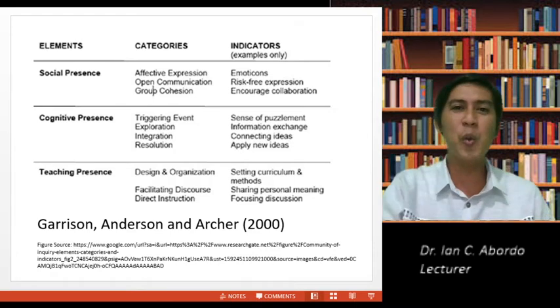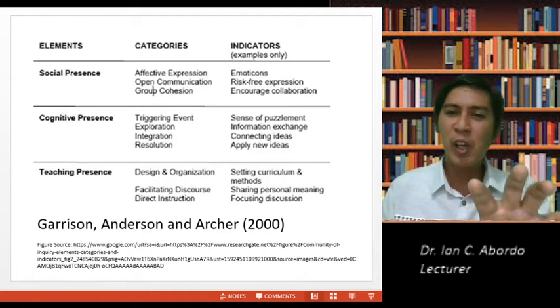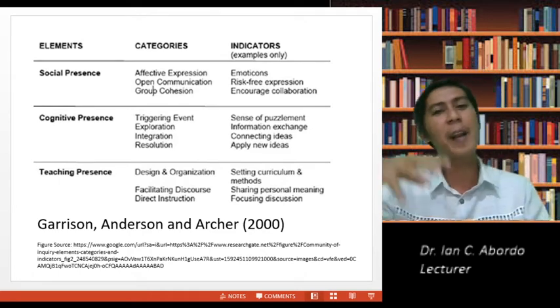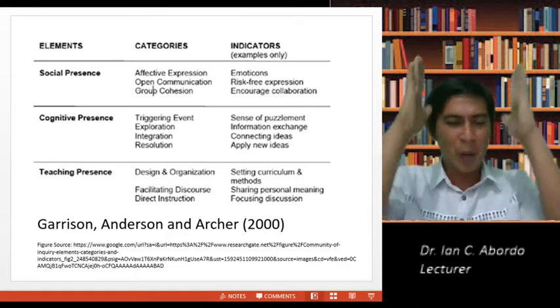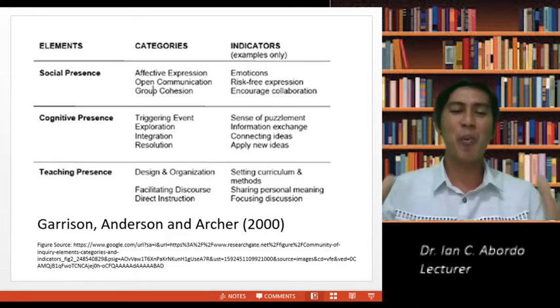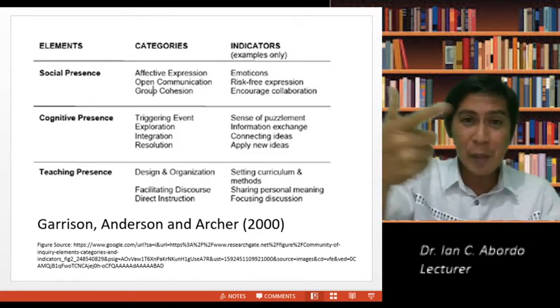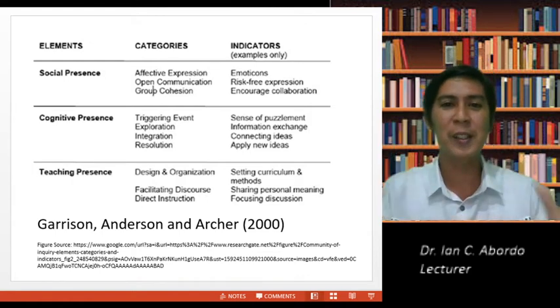There is a section where discourse is facilitated. There is also direct instruction, instructions provided by the teacher. The teaching element is there, and the response of the student is properly designed. Then the teaching presence is felt. So if the module is disorganized, if the learning process is disorganized, no teaching presence.